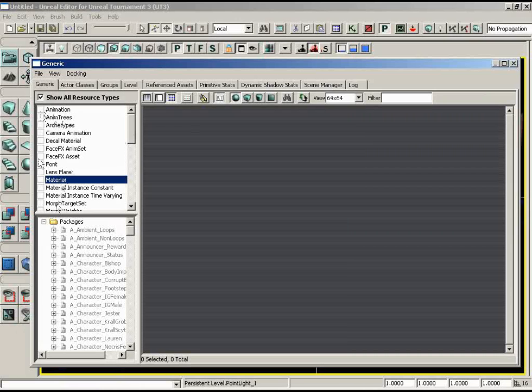Now, currently this list has nothing checked because I have the Show All Resource Types button checked at the top. Make sure that if you're following along, you can see the Show Resource Types checkbox activated. Now, let's go ahead and open up a package where I'm going to find the materials I want to use